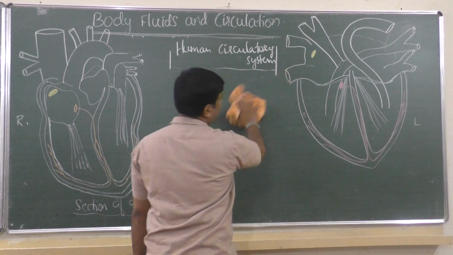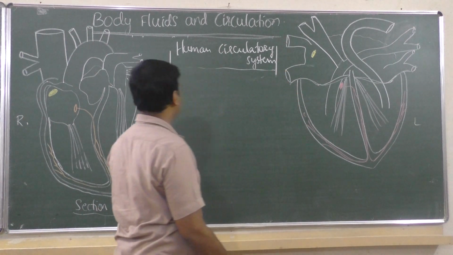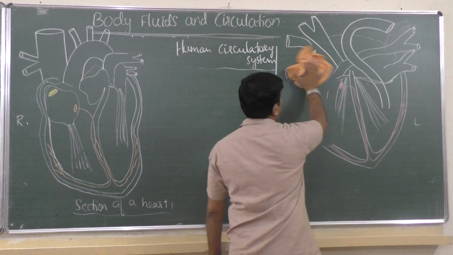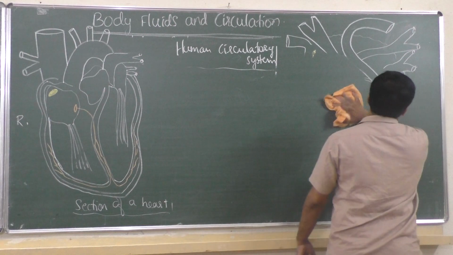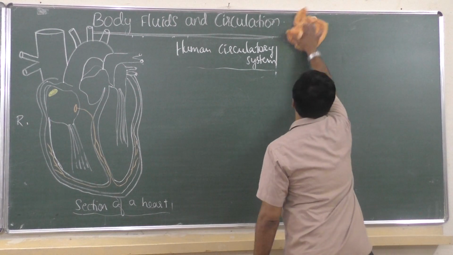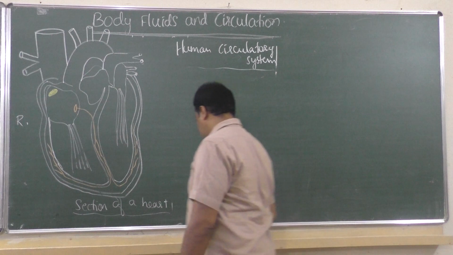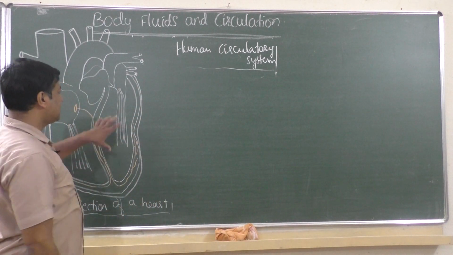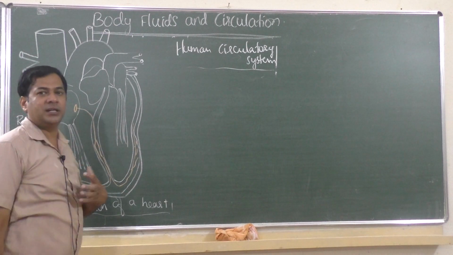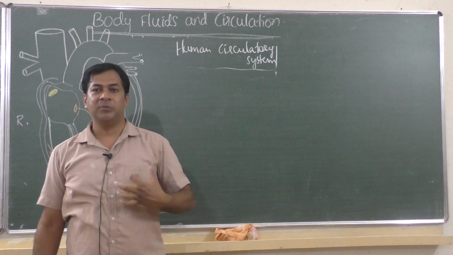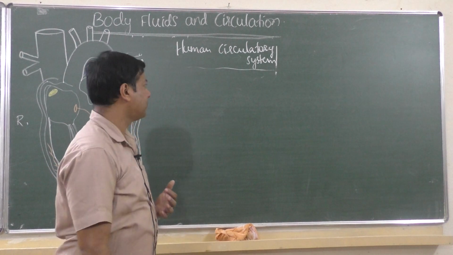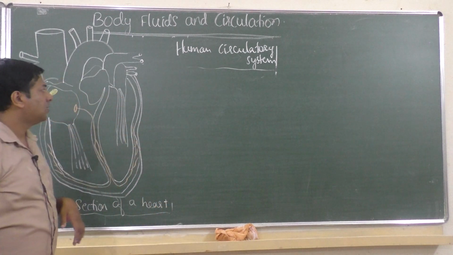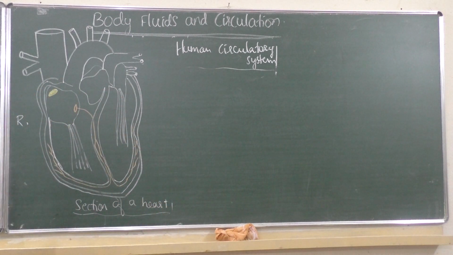So this is the diagram I was just showing you, for your understanding. I'll rub this because I have to write information about the heart, so there is no space. I'll label all the parts one by one. First we discussed the location of the heart. It is located in the chest portion, the thoracic region, in between the lungs. And it is mesodermally derived. Mesoderm produces the heart. Then what about the size of the heart?